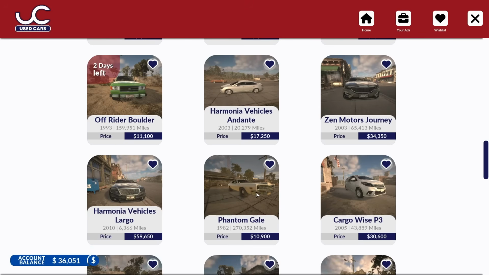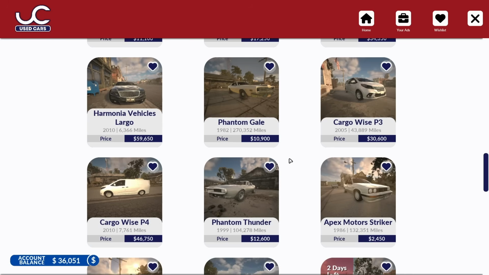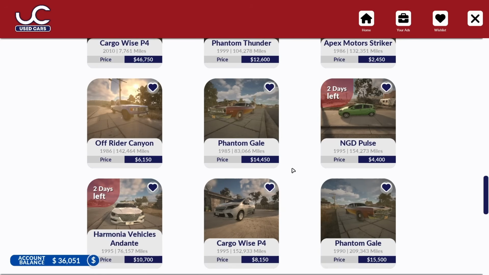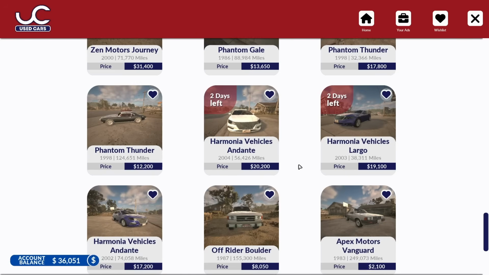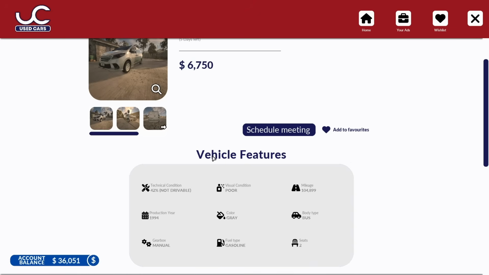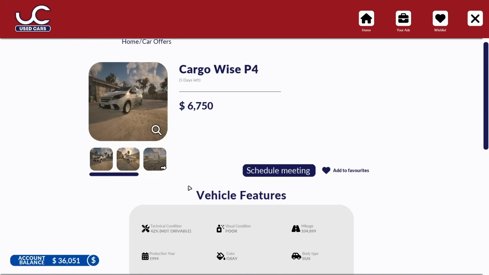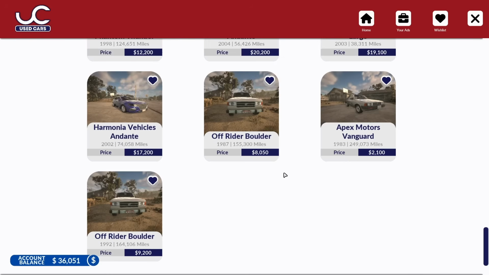We keep scrolling. I think there's an even cheaper one, another Phantom Gale. We could take a second Phantom Gale. I'm sure I saw a cheaper van somewhere before when I was looking. I'm hoping we can pick up 2. There it is, 6,750 with 104,000 miles on it. That's not a bad deal. It's not drivable, but we've got the parts we need. So I'm going to schedule an appointment or a meeting for that one,